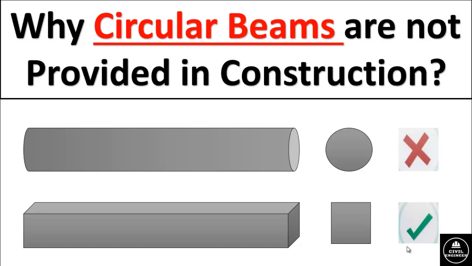In the construction industry, the most commonly used cross sections for beams are square, rectangular or I shapes. And circular beams are generally avoided in construction. In this video lecture, we are going to discuss structural and non-structural reasons for why circular beams are not provided